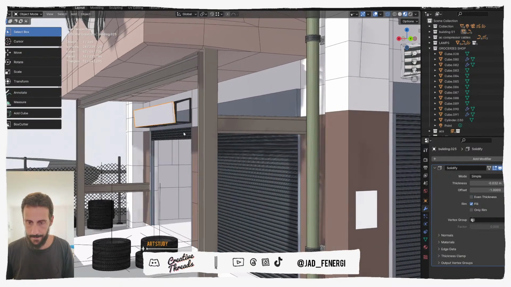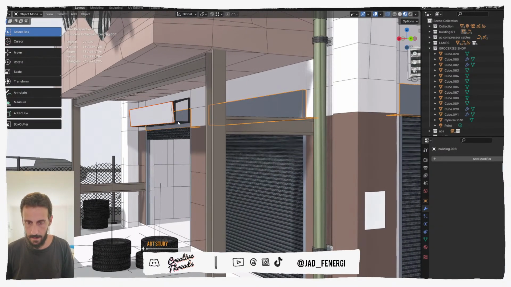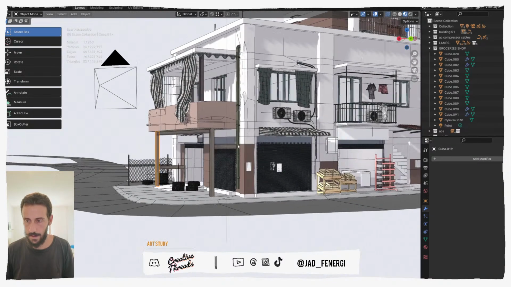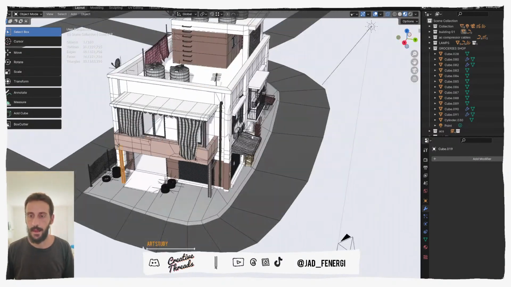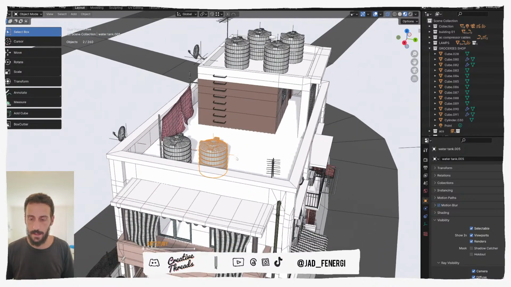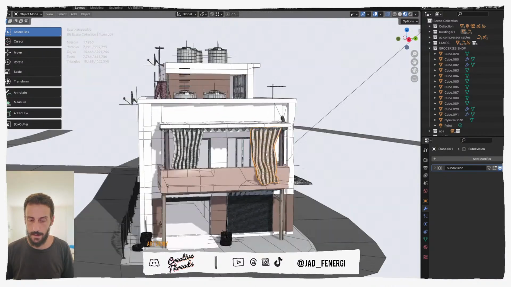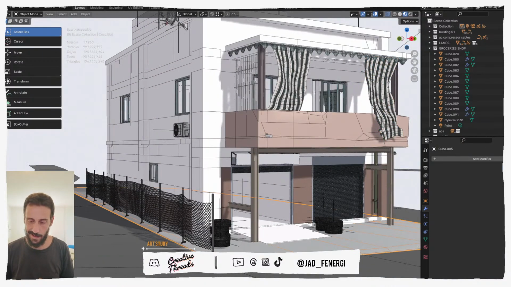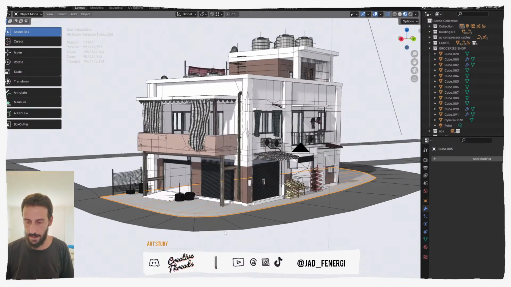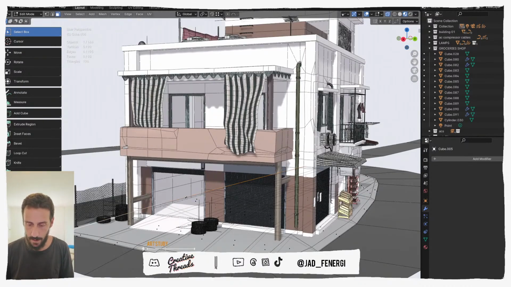Okay. I think that's it for today. Right. That's it for today. We did the water tanks, we did the curtains, we added some sort of a sidewalk. It's still not finished. I still want to add some more things. So I was thinking maybe of